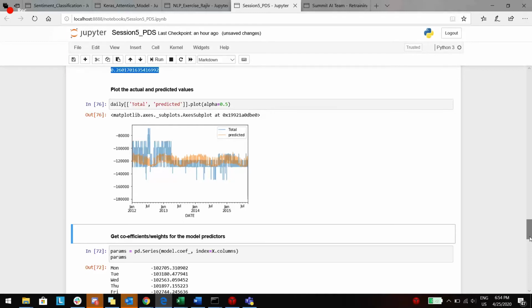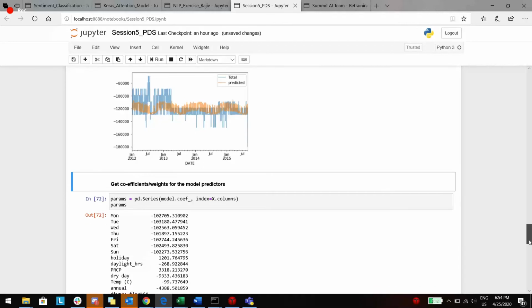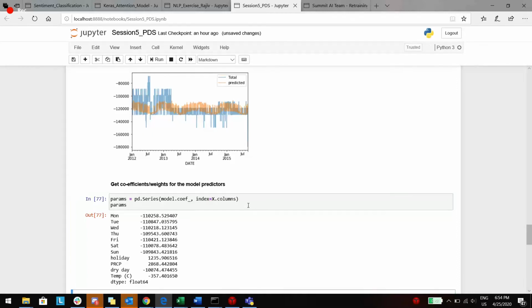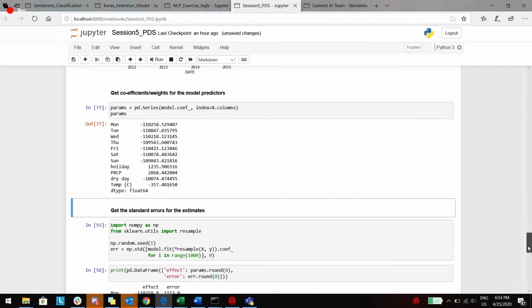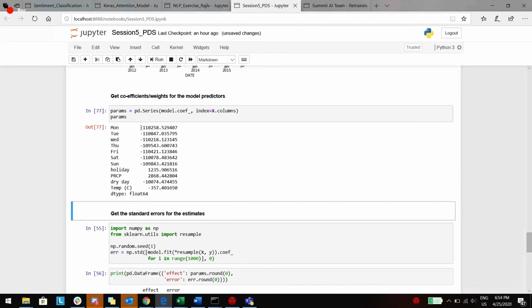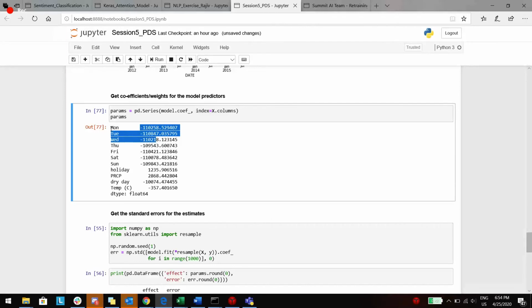Now if I want to look at the model coefficients, model.coef_ will give me the model coefficients, and to get what they correspond to, I call this index argument, which will give me what columns are corresponding to those coefficients. So if I run this, you will see that these are the coefficients which are corresponding to my